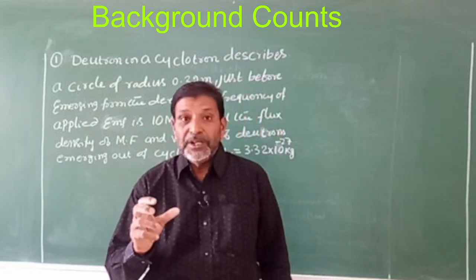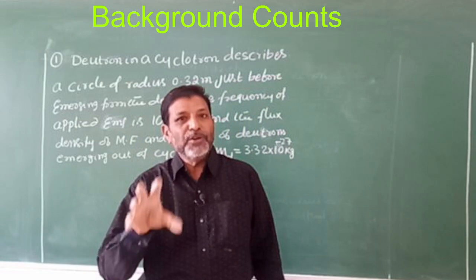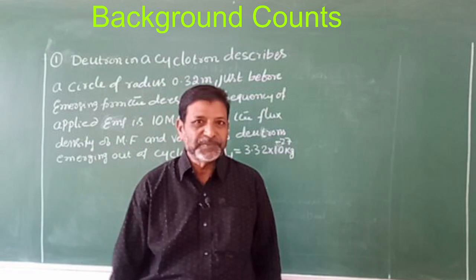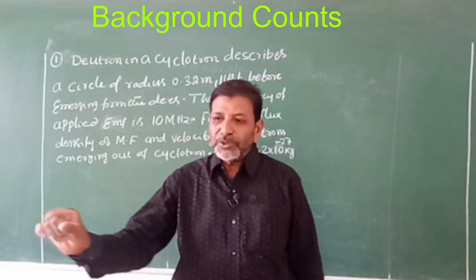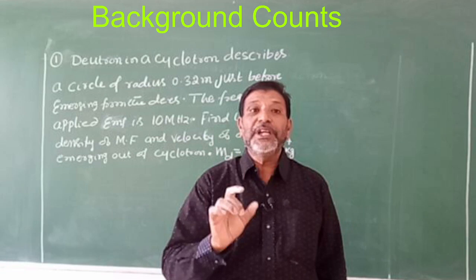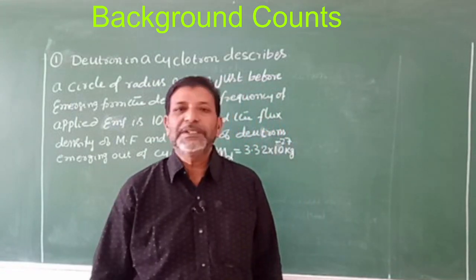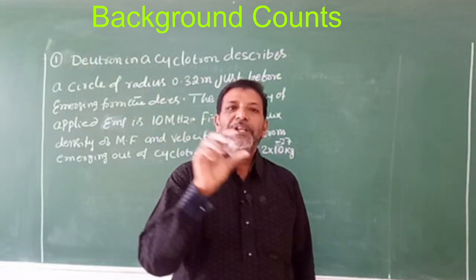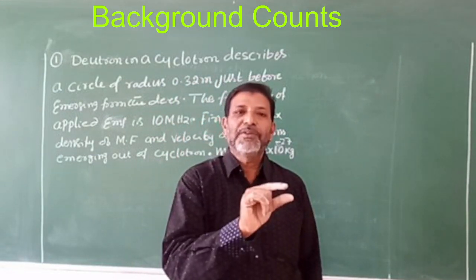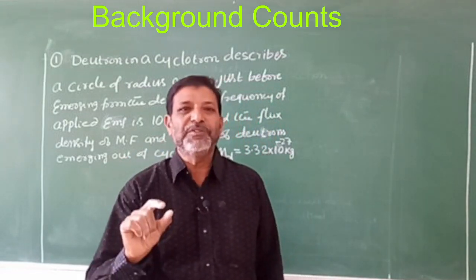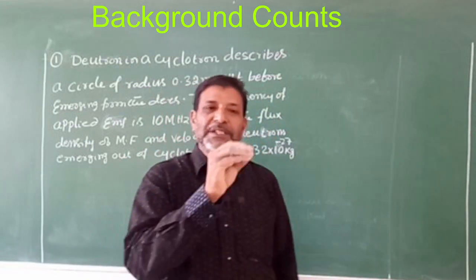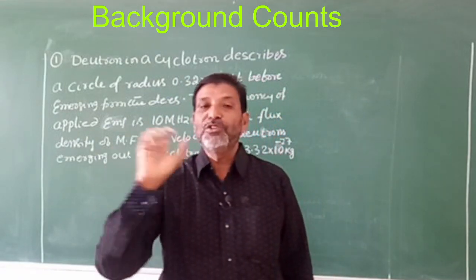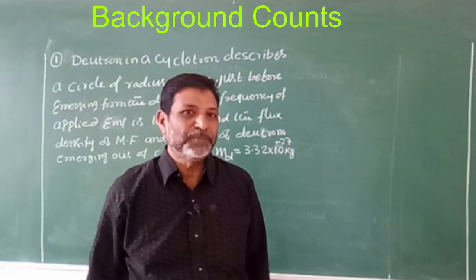In that experiment, to find the background counts, we find the counts after removal of the source. That is, you remove the source, apply the voltage and start the timer. Suppose you fix the time at 50 seconds; then you find how many counts you get in the given time, that is, in the experiment you have done, 50 seconds. In 50 seconds, how many counts will you get even without the source?